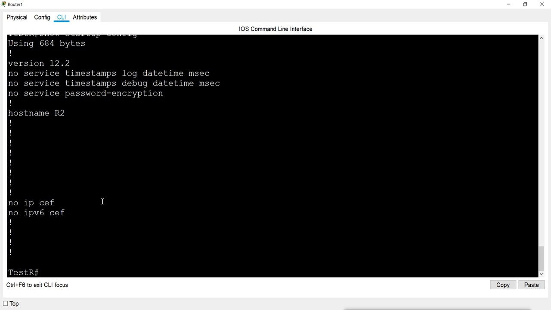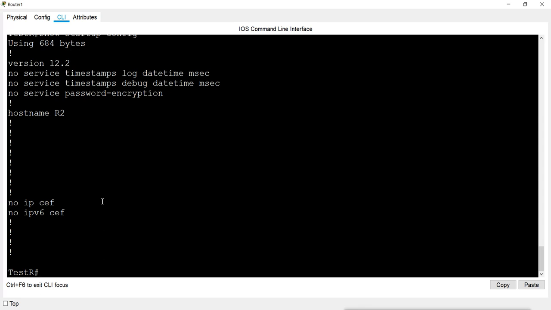So we have a basic configuration saved in the startup configuration. Now suppose sometime I did some configuration, but I have done something wrong and the router is not working properly because of my configuration error. I don't remember what wrong configurations I have done, and I am not able to remove them. Then our running router is giving us a problem. But I have saved configurations, so I can recover from the saved configurations.